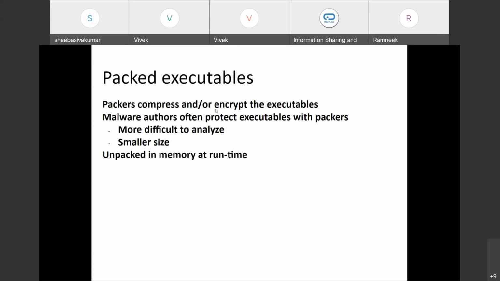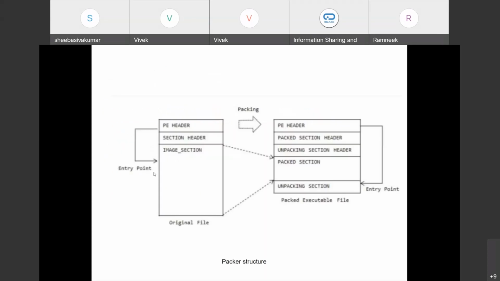Packers compress or encrypt the executables. Malware authors often protect executables with packers because they want to make them more difficult to analyze, and also make the executable smaller in size. The packed code is unpacked in memory at runtime.